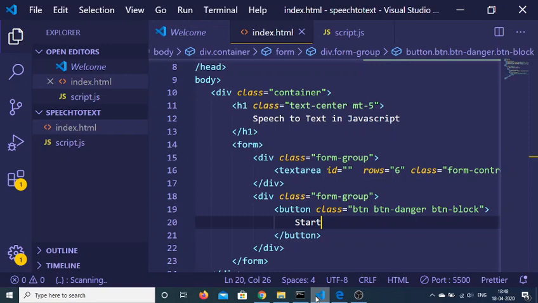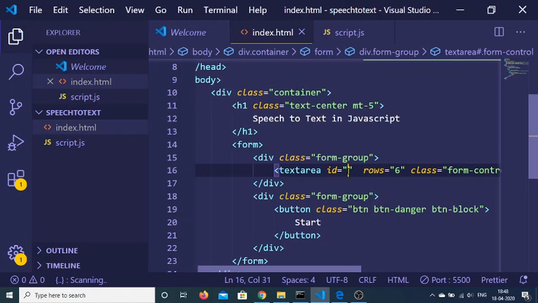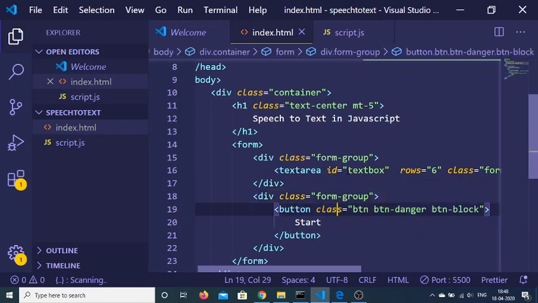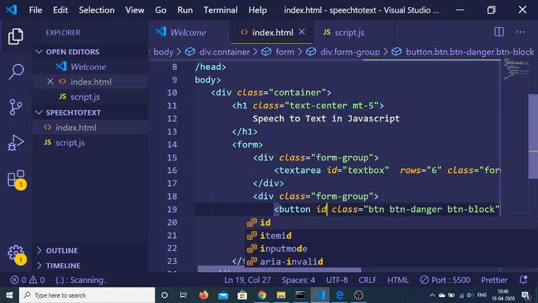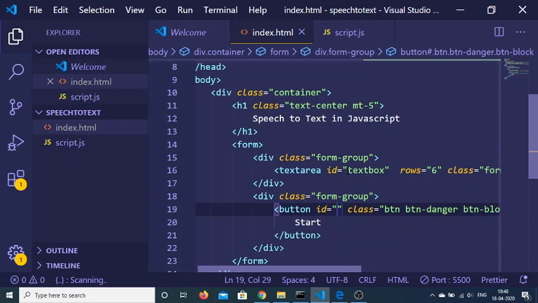So I will be binding an ID to this text area. The ID will be pretty simple, which will be text box, and I will also be giving an ID to this button, which is, let's suppose, start button. That's it.